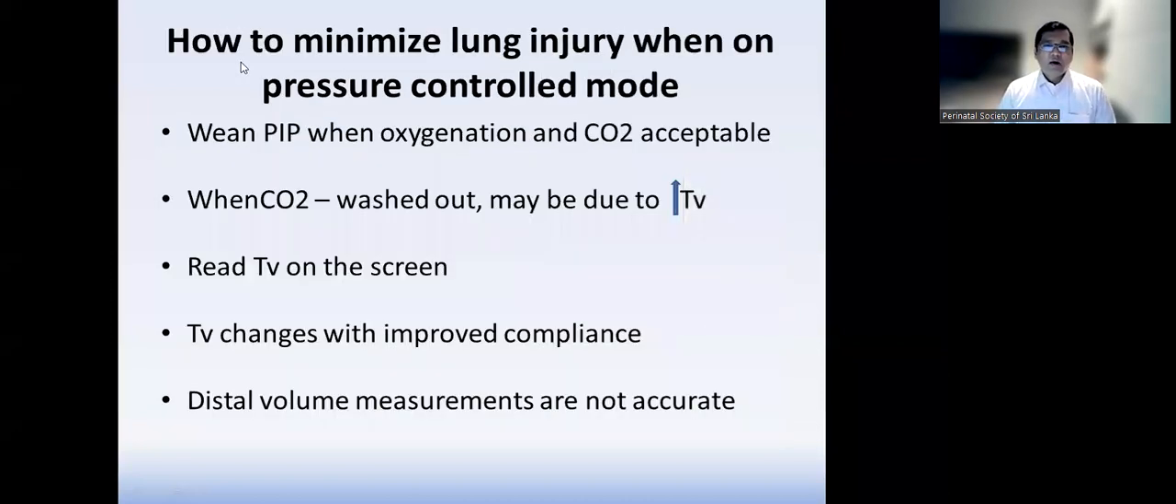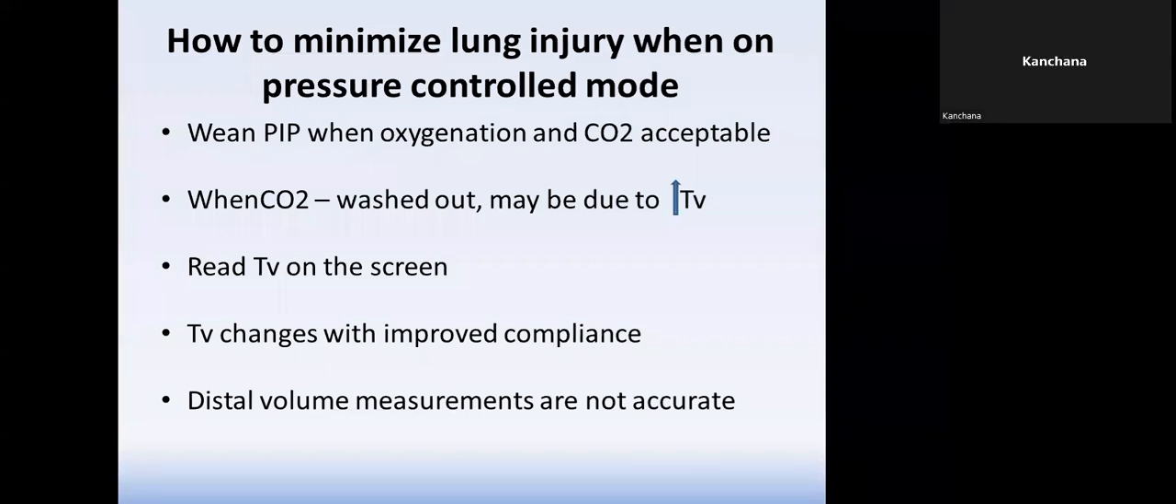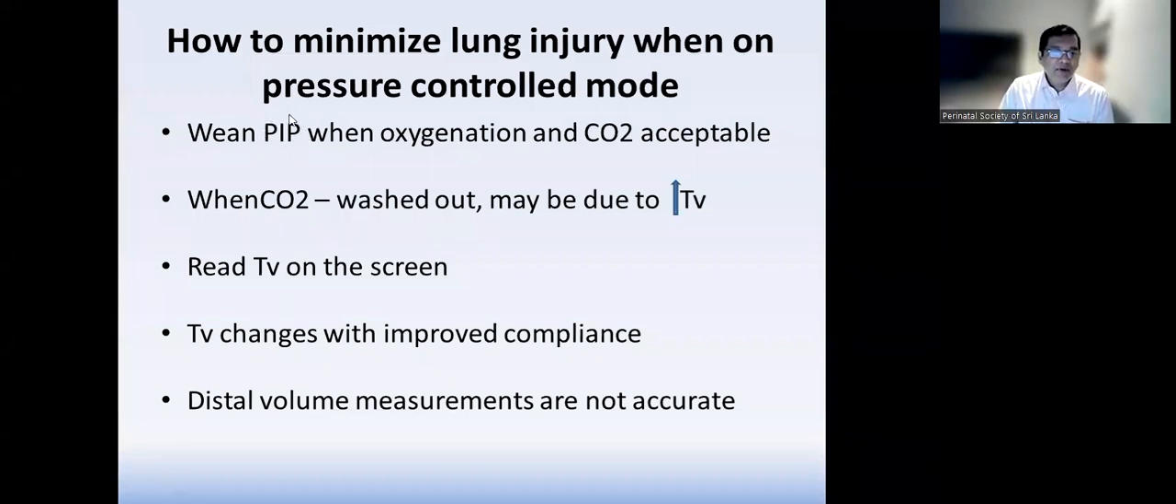So how to minimize lung injury when on pressure control modes? Now, as we are used to pressure control modes, but still we can do something. Until we get used to volume control ventilation, we can do certain things to minimize lung injury. Right. Wean the PEEP when oxygenation and carbon dioxide are acceptable. When you have good oxygenation after giving surfactant, because the starting pressure may be 16 or 18, because it is a blind pressure. We don't know whether that pressure is too much or not enough. But if you have achieved good oxygenation and carbon dioxide, please make sure whether you can drop down your